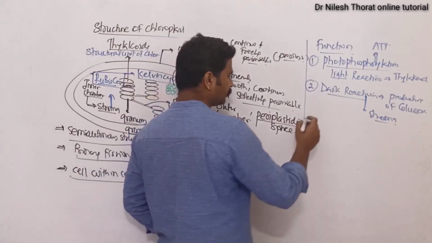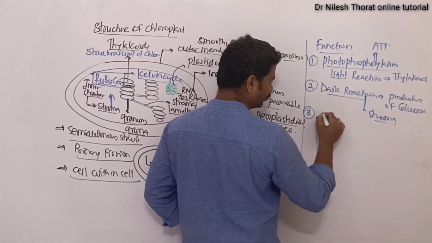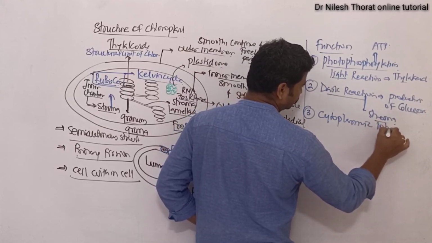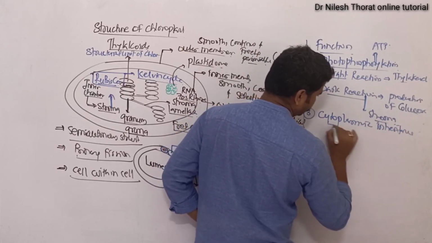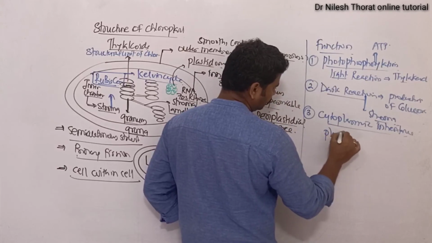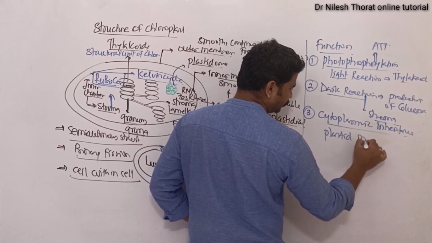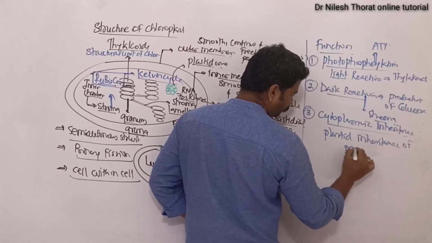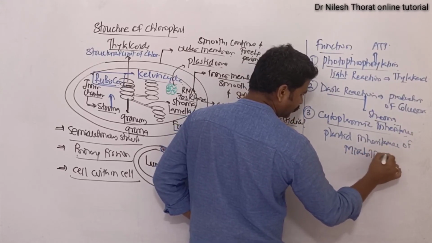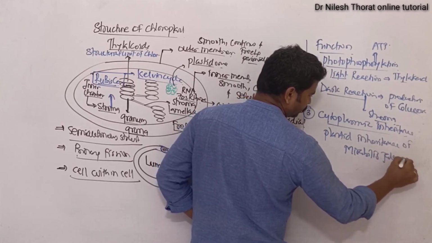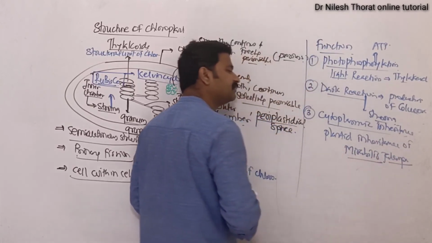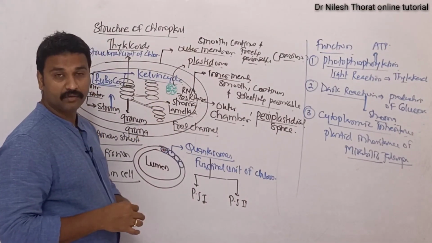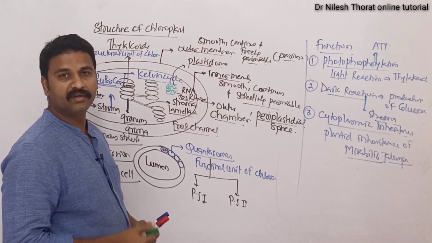Then other than that, the chloroplast is also responsible for cytoplasmic inheritance. The example is plastid inheritance of Mirabilis jalapa. So in case of Mirabilis jalapa, this circular DNA of chloroplast, which is actually a double-stranded circular and naked